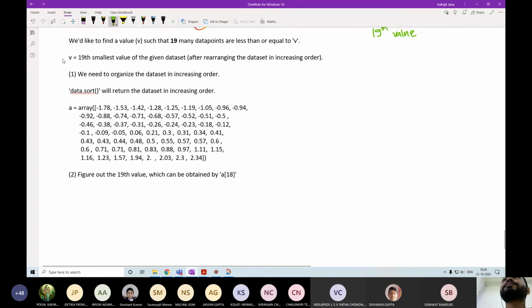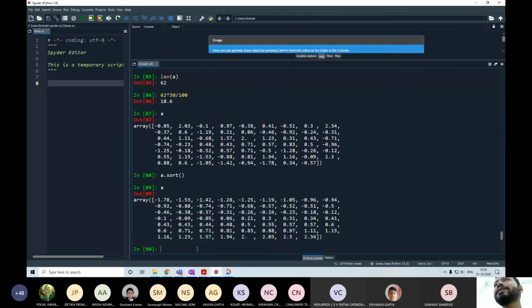The first value is the 0th value, then this is the 1st value, this is the second, and so on. So the 19th value is actually A18. So if I write A18,